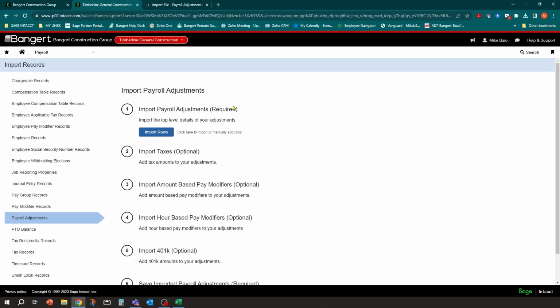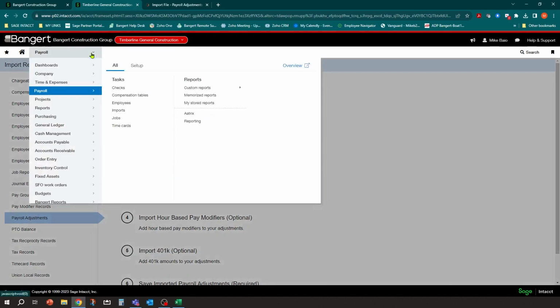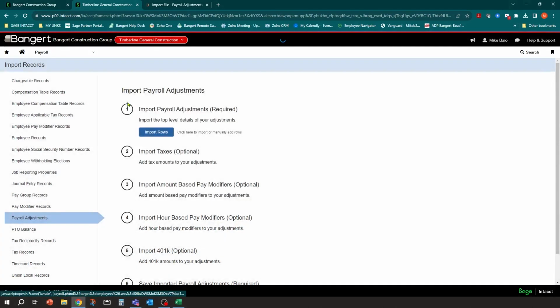Okay, so the next section we'll get into is how do we make some PTO adjustments? Now, if it's related to accruals as far as vacation taken and things like that, you could definitely do it with the payroll adjustment screen that we were just in. But there's also a nice function within the employee setup screens where you can do some PTO adjustments again. So we'll go into there next. So I'm going to go into payroll and then the employee screen.